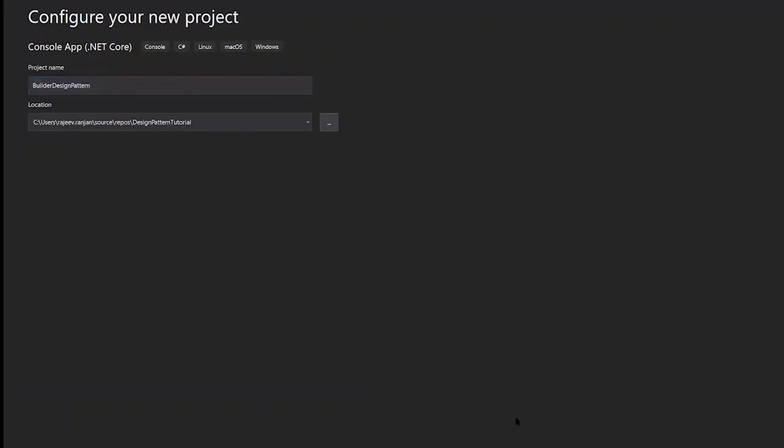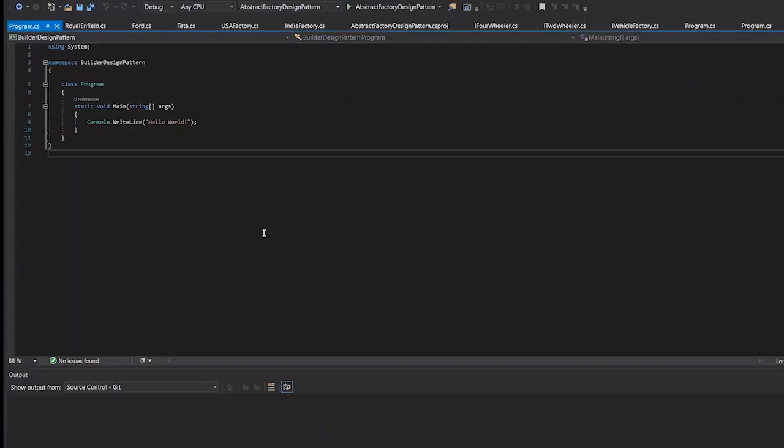Okay, cool. So here is our first one, a basic console program I've created, which will be printing Console.WriteLine, hello world. So we will modify this project to our final output.